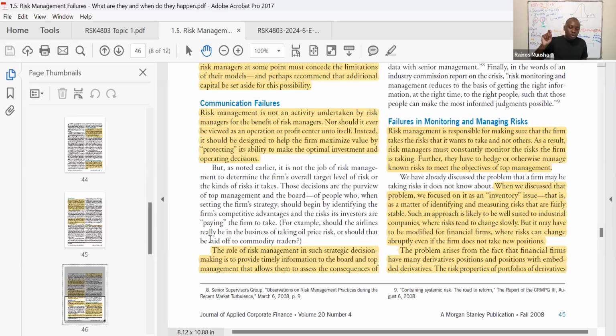So this brings us to another important point. In everything that we do in risk financing, every question that you're going to be answering, you are also answering the question regarding the goal of the firm. Remember, when you were doing your undergrad, you were always asked, what is the goal of the firm? The goal of the firm is to maximize shareholders' wealth. And how do we maximize shareholders' wealth? By maximizing their share price, which means in every decision that we're making, does it result in maximizing shareholders' wealth?